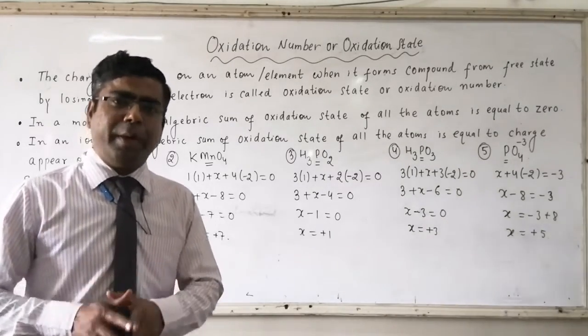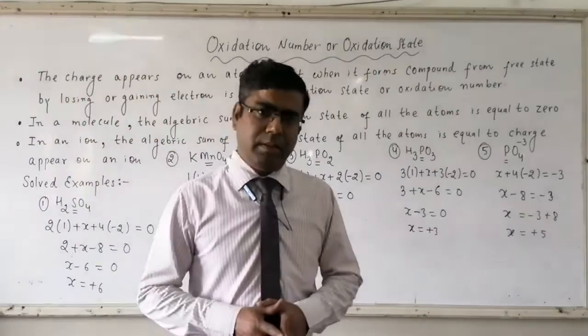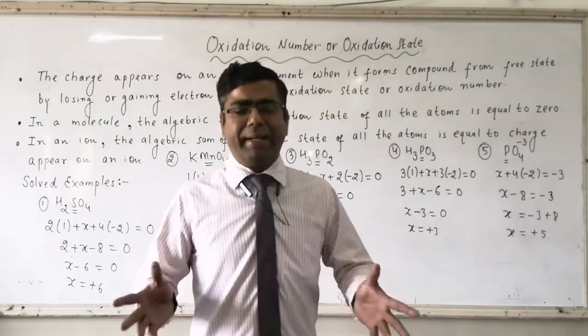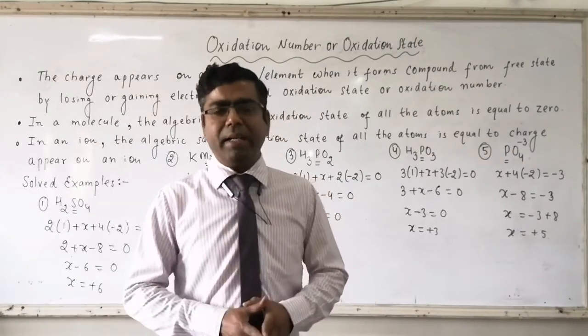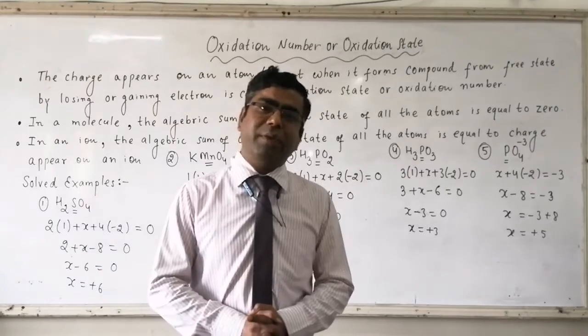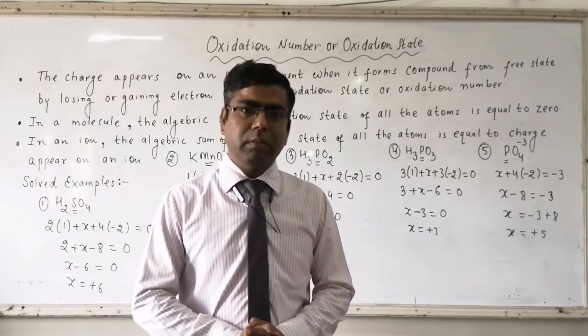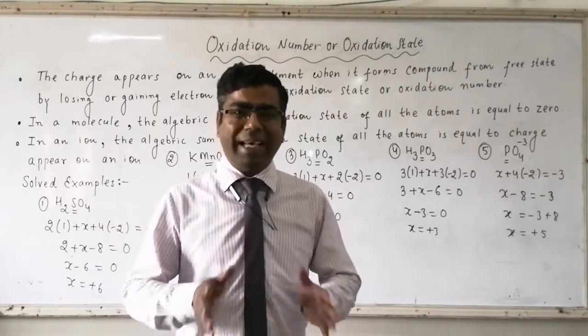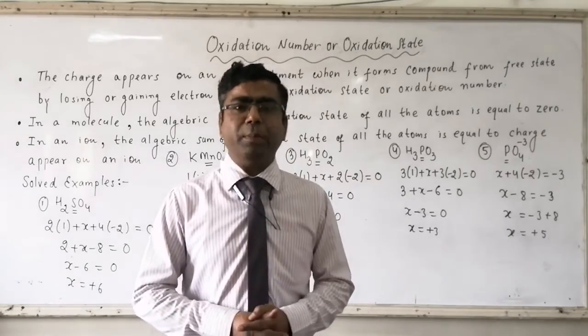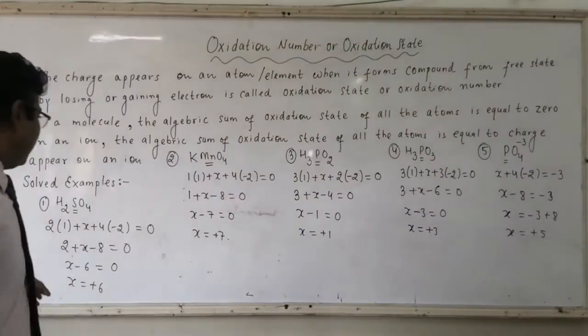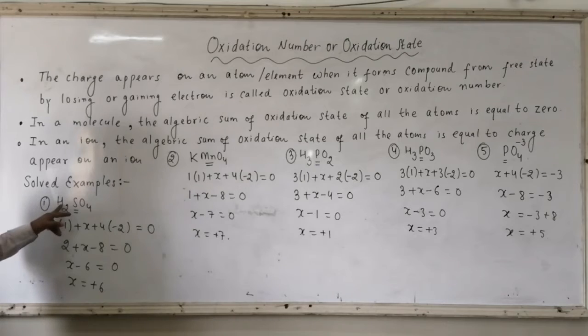But when it forms compound with the metals, it is called hydrides. Then in the hydrides, the oxidation state for hydrogen is always -1. But if metals are not there, then hydrogen in most of the cases exhibits +1 oxidation state. So how many atoms of H are there? There are 2 atoms of H. So 2 into +1. For each hydrogen atom, the oxidation state is +1.